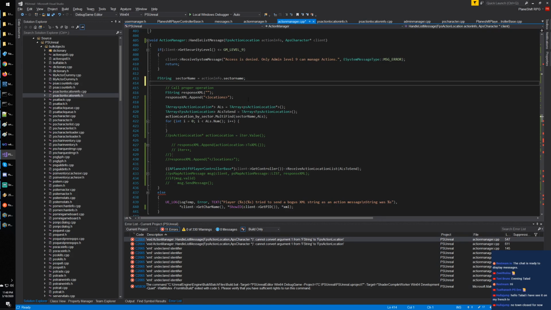And here is the tricky part. It is creating another XML to send client side, which we don't want anymore. I already created a new function, which is this one, in which we need to create an array of our action locations. So